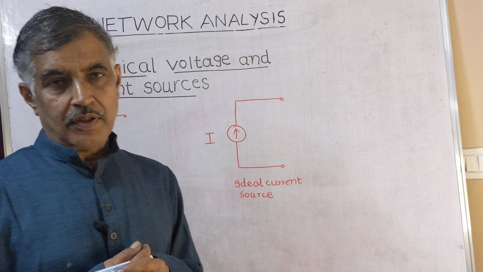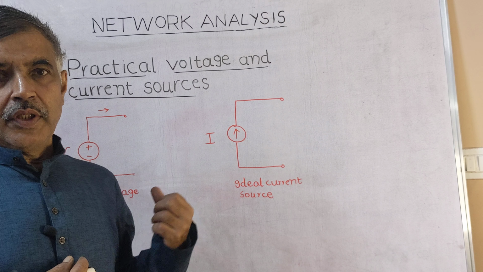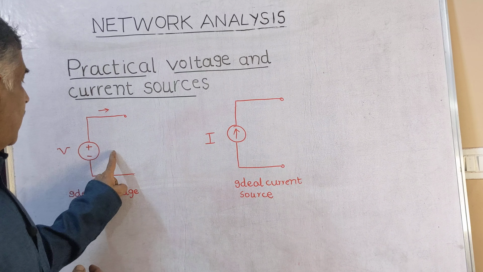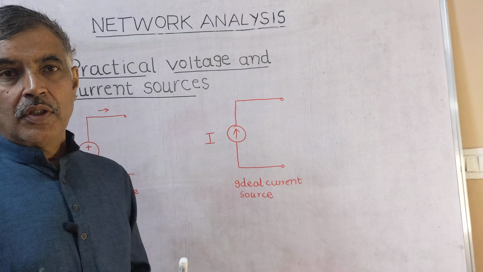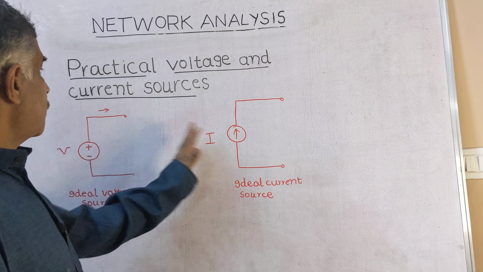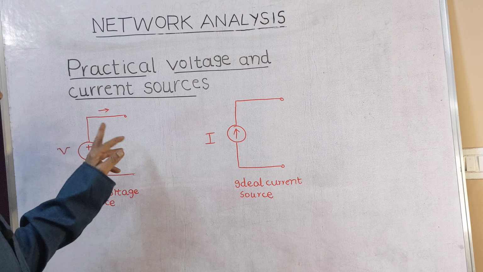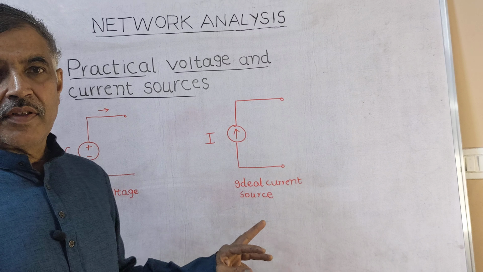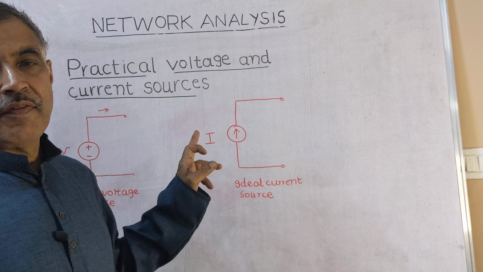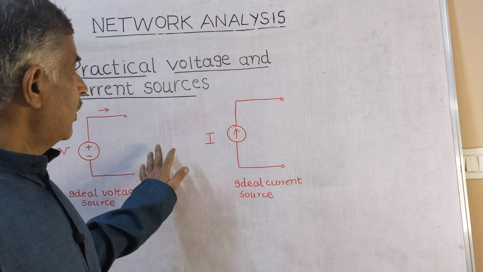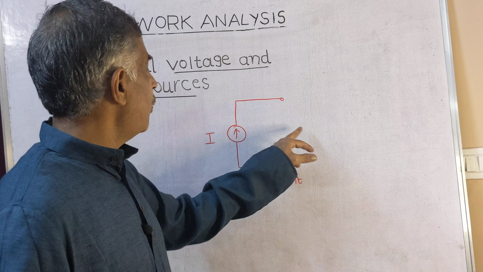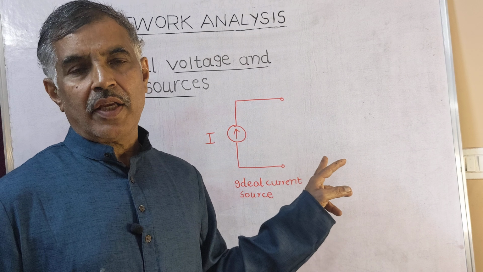In the last class, I took up the topic on independent sources, independent voltage source and independent current source. This is a rather idealized circuit. See, why these two are ideal? You can connect any amount of resistance and this source is going to maintain that voltage. That is, V is not depending on any factor. And similarly in this diagram, I, you can connect any amount of resistance, it is going to maintain I constant.